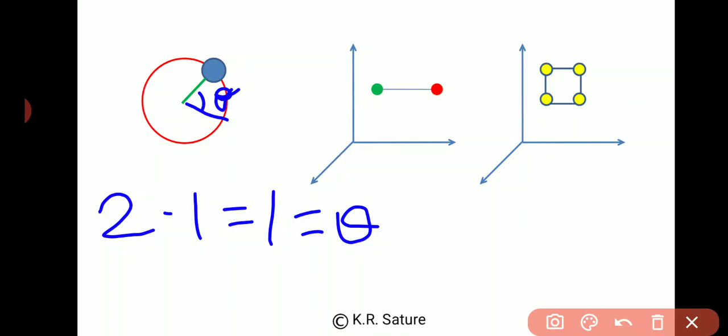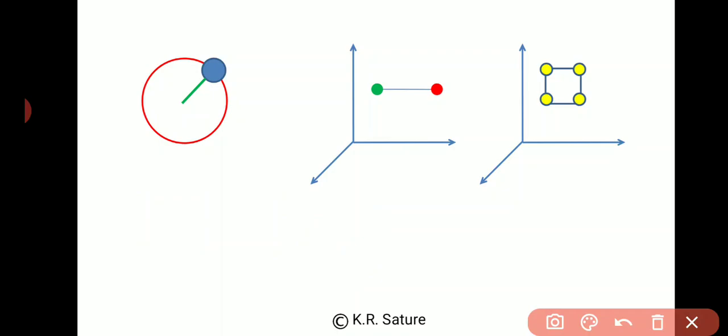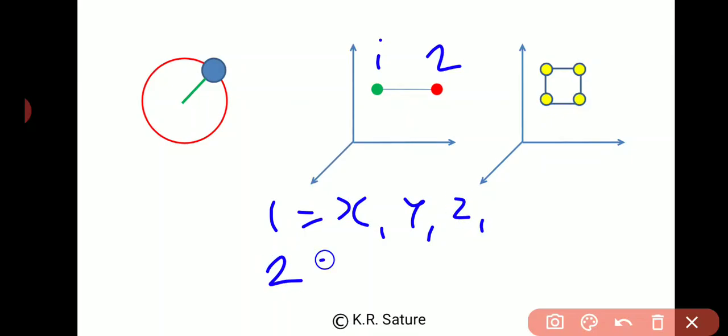So the degree of freedom means in which direction it can move, that is one direction, and that direction is theta. Now let's modify it for two particles. This is the xyz coordinate system. Here I have one particle, here I have two particles. To describe the position of the first particle, I will require x1, y1, z1. Similarly, to describe the position of the second particle, I will require x2, y2 and z2.